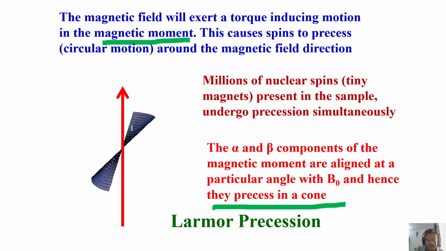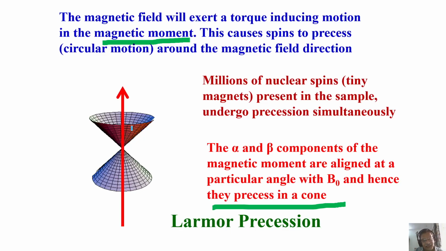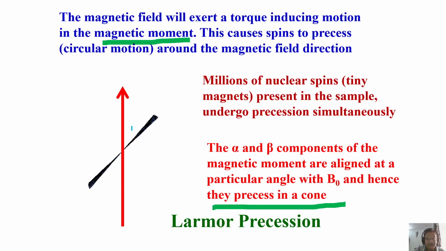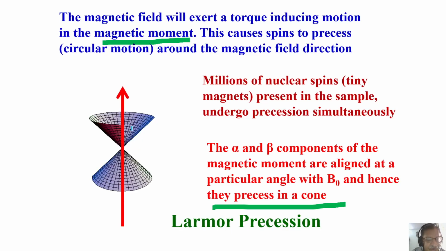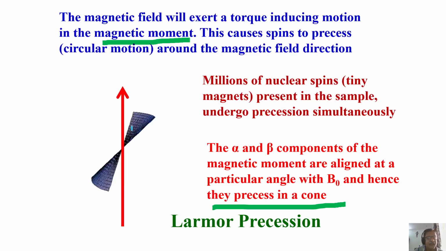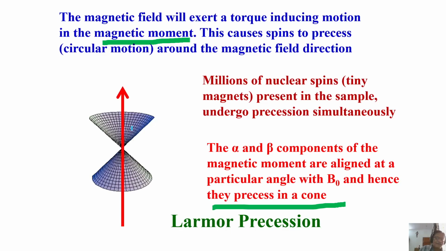So I'll stop for the day. Today we have discussed a lot of things, continuing from the spin physics. Now we have a classical example. We understood the degeneracy removal of the states and calculated the energy difference between these two states. We obtained the resonance condition, calculated the frequencies, and showed they are in the radio frequency region for different magnetic fields and different nuclei. In the classical analogy, I said the spins start precessing in a cone like this, and it's called the Larmor precession frequency. In the next class, we will discuss this Larmor frequency and continue further.